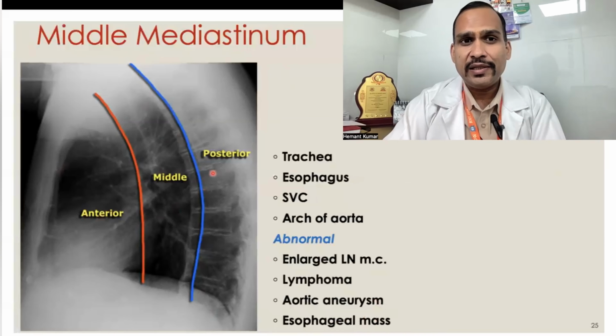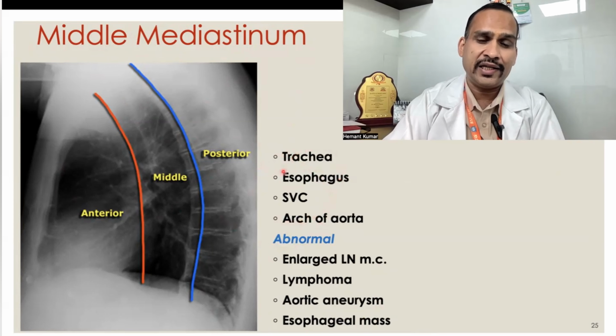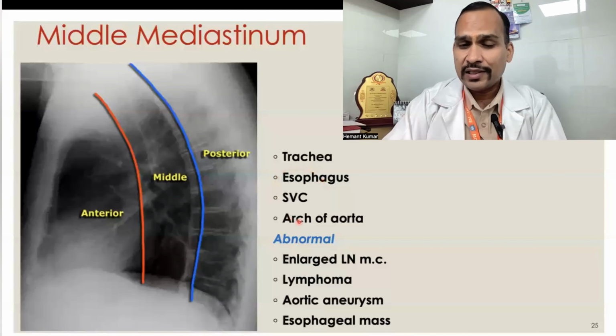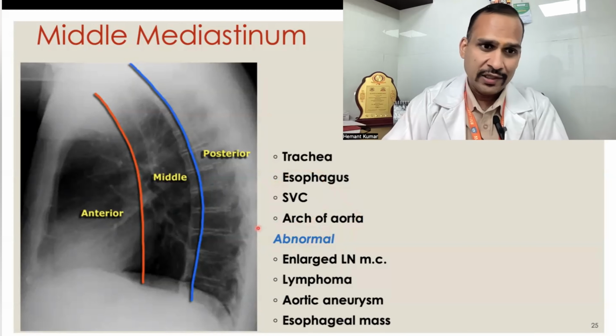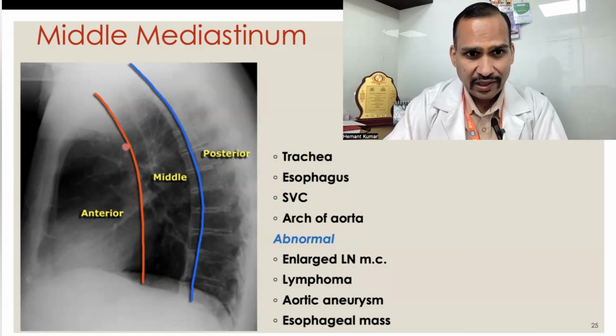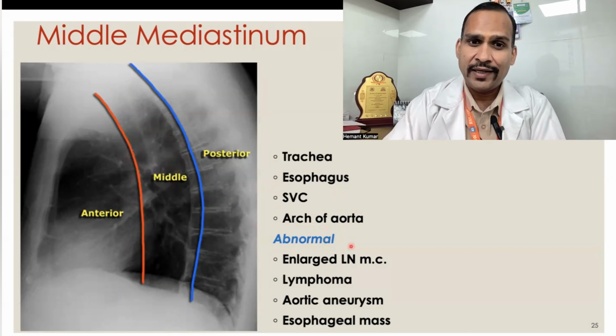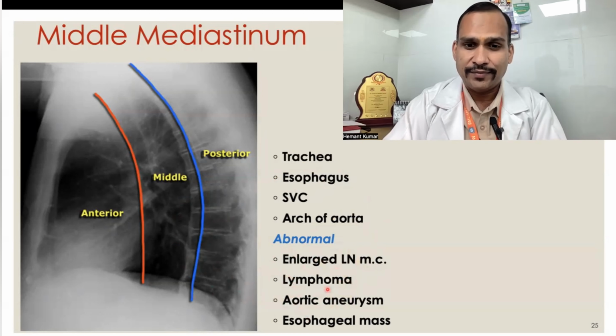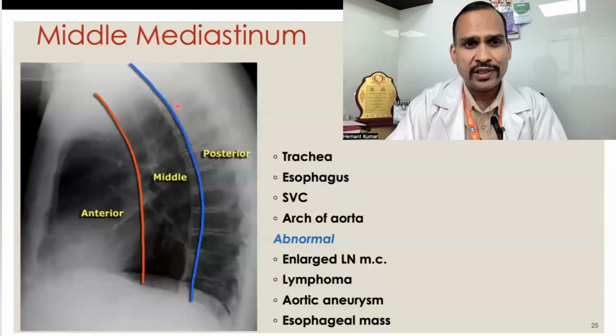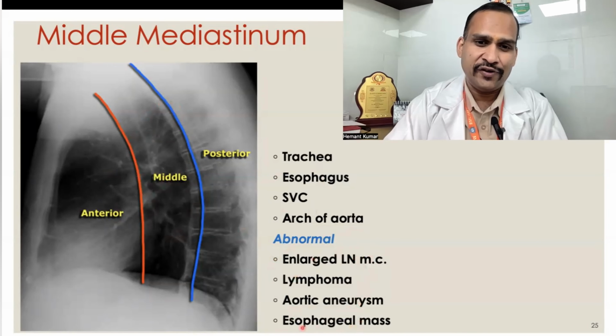Okay. If we see the middle mediastinum, there are few but vital structures like trachea, esophagus, superior vena cava, and arch of aorta. So if you see carefully, here it is the heart, and it is going ascending aorta, here taking an arch, and the descending aorta goes posterior side. The middle part, what is there? Arch of aorta and superior vena cava. So what are the abnormalities that can be there? Enlarged lymph node, most commonly lymphoma, aortic aneurysm, because the arch of aorta is there in the middle mediastinum, and esophageal mass, because